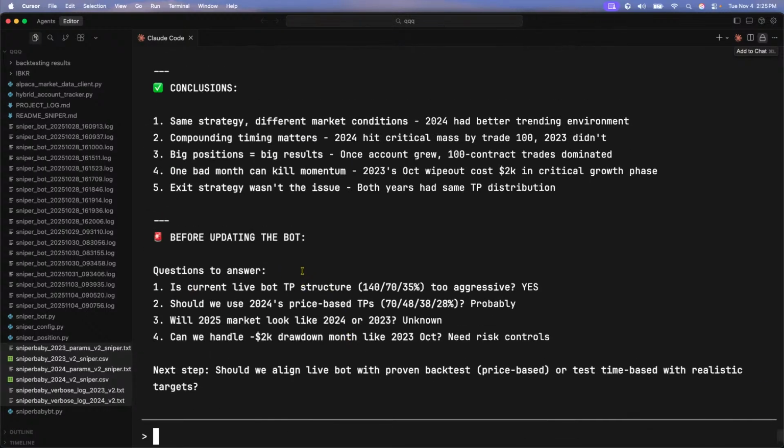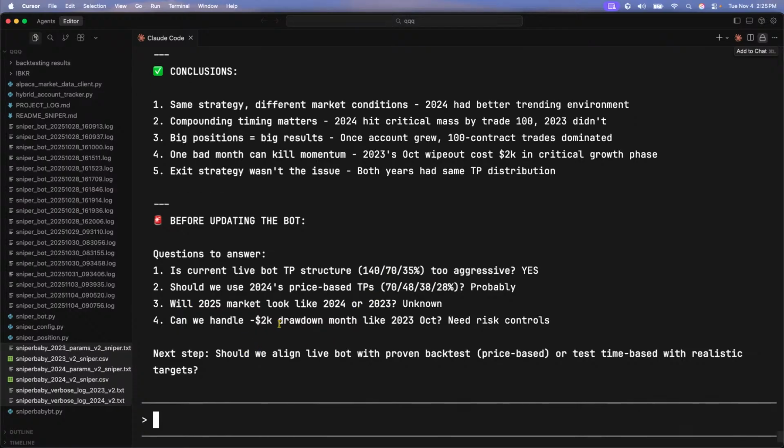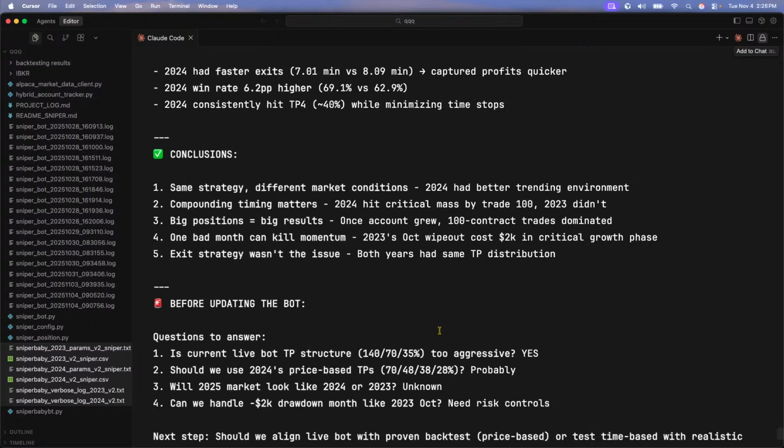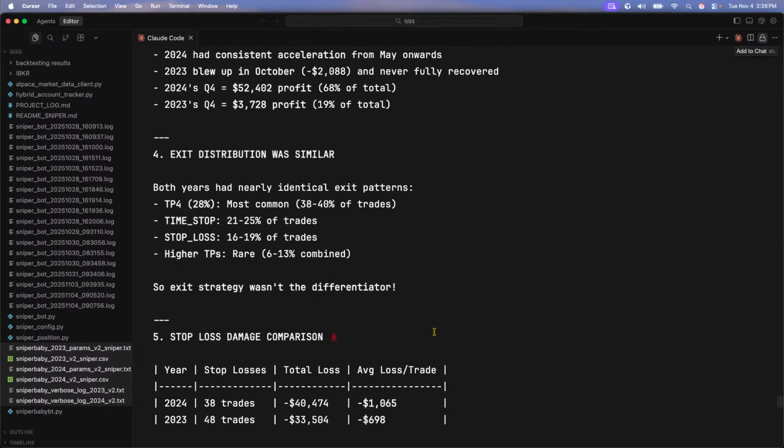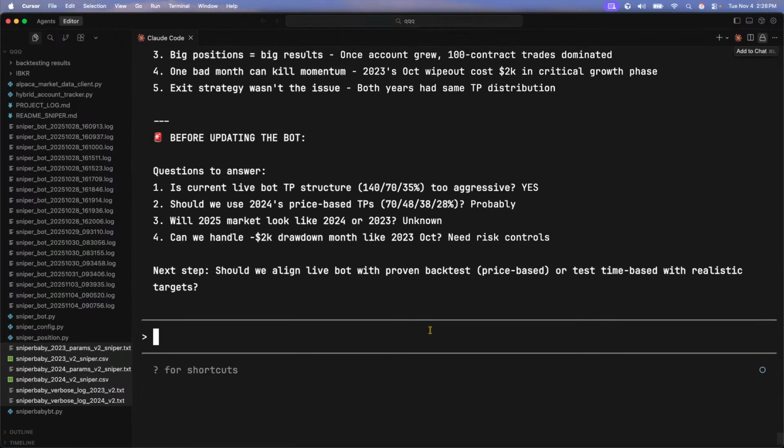Are the current live bot parameters too aggressive? Yes. Should we use the 2024 best TP? Probably. Will the 2025 market look like 24, 23? Who the fuck knows? Can we handle a 2K drawdown like we saw in 2023? Need better risk control. I agree. Let me see. Okay. Let me run